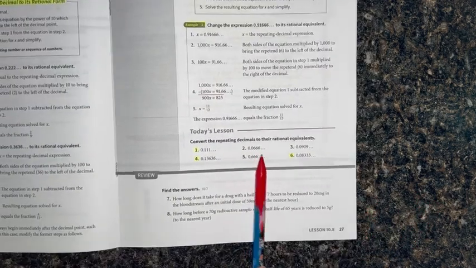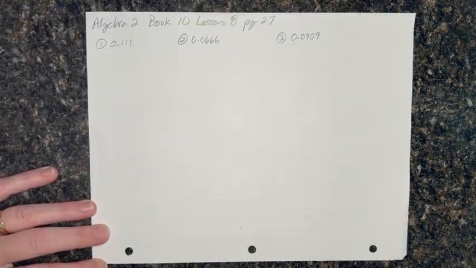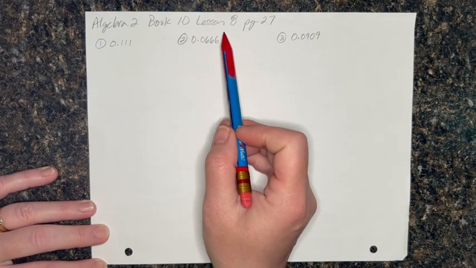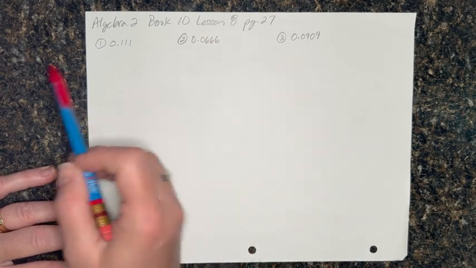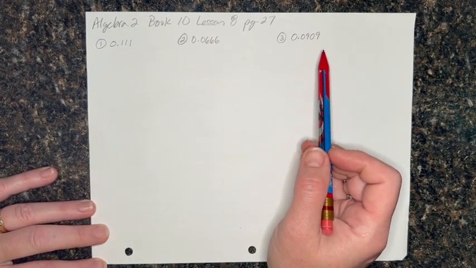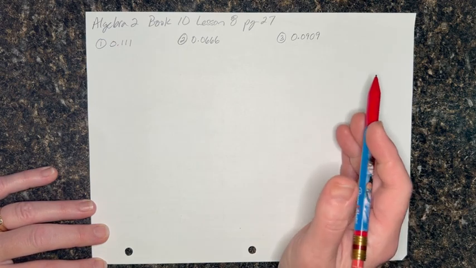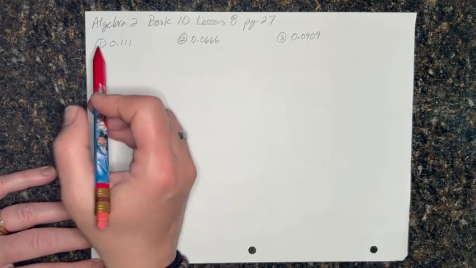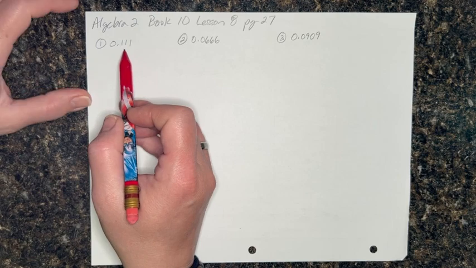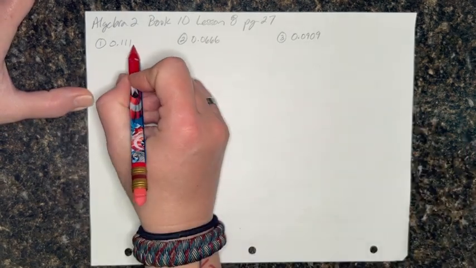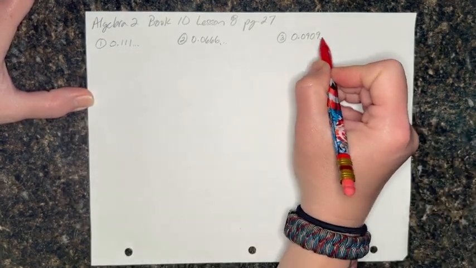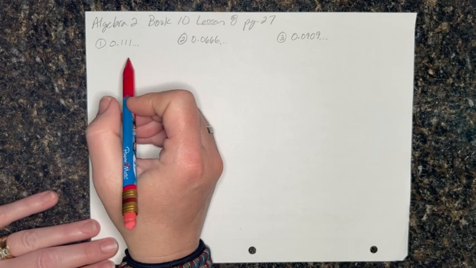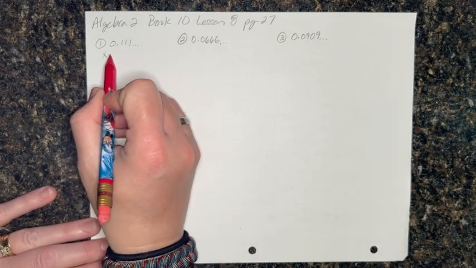All right, let's take a look at these problems together. So we are in Algebra 2, Book 10, Lesson 8, page 27. Problems number 1 through 3 are here. It says convert the repeating decimals to their rational equivalents. All right, so for number 1, we have 0.111 on and on. I didn't draw the little dots, but these go on and on forever. So our first step is that x is going to equal